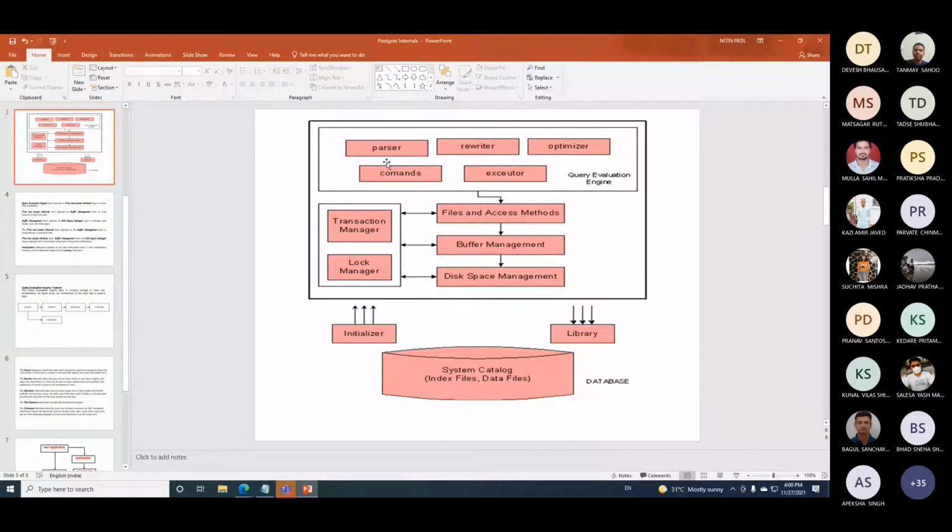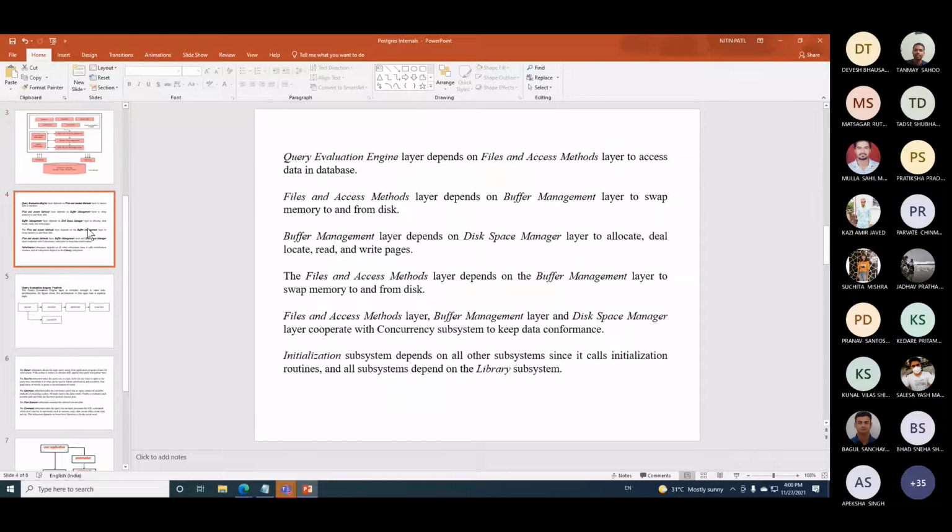Now, what exactly do the parser, rewriter, optimizer, commands and executor do for us? We need to know what kind of role these subsystems are playing. Let us address them one by one. What is query evaluation?